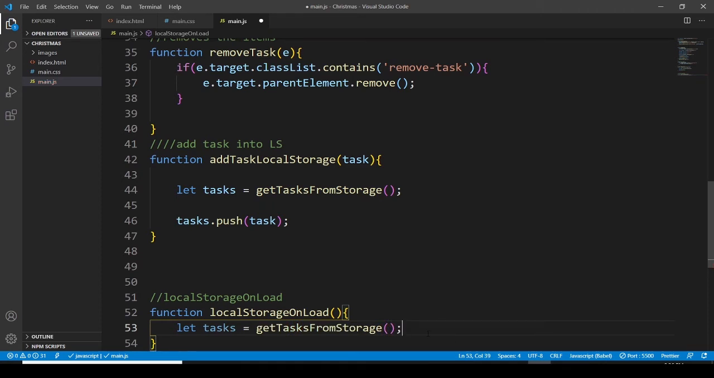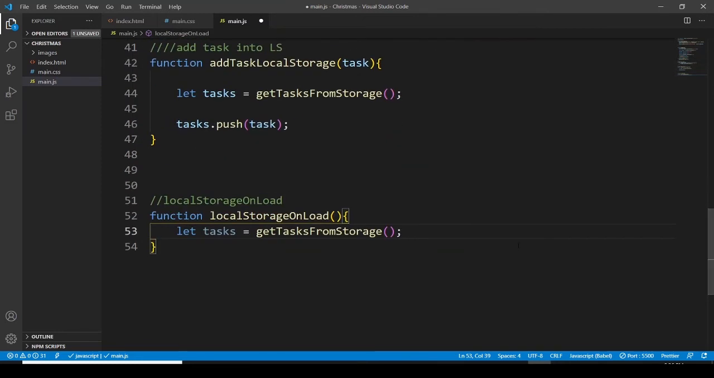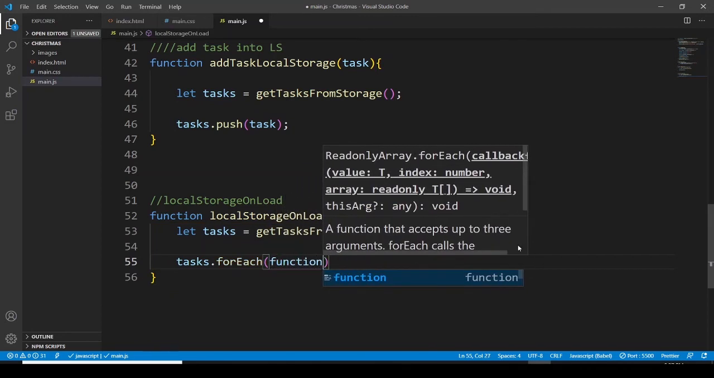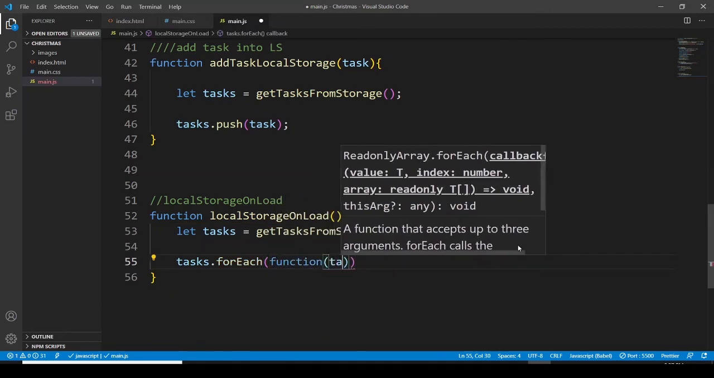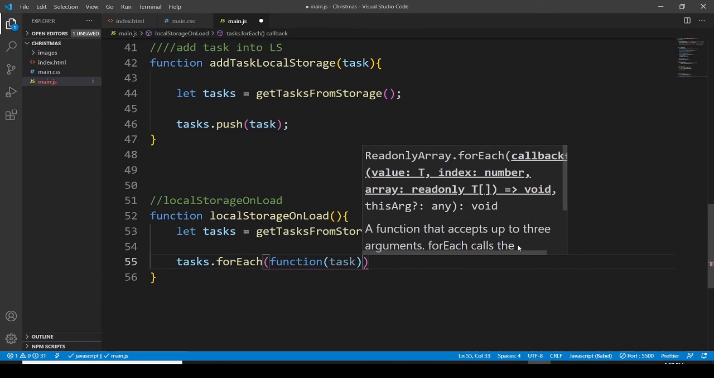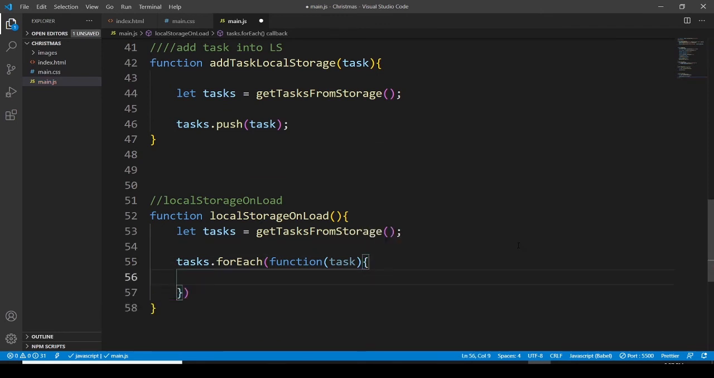Now I would like to loop through storage and then print the values. For that I have to say tasks, and the tasks are going to use the for each method. For each, the function, and the function is going to have a task. Then after, let's create the remove button here. So const, we can copy and paste this one, but let me go with this, remove btn